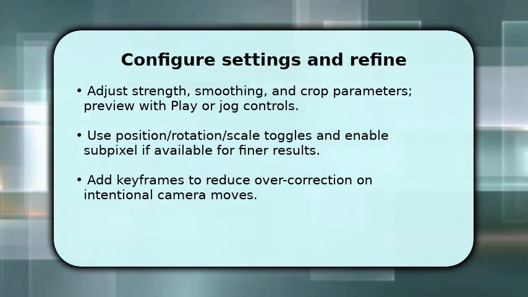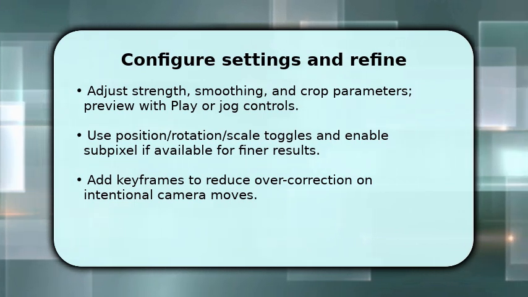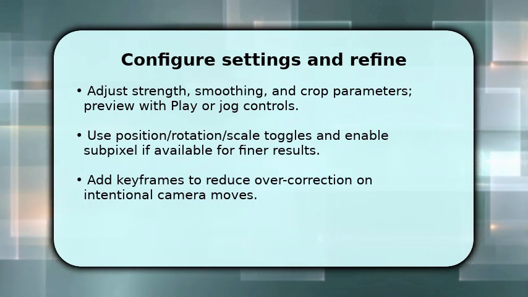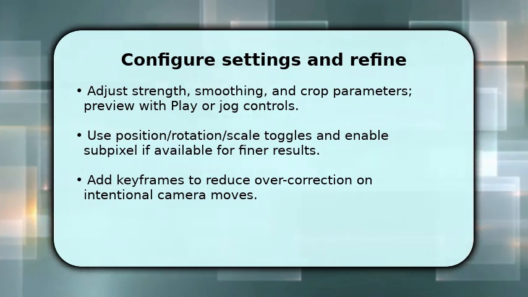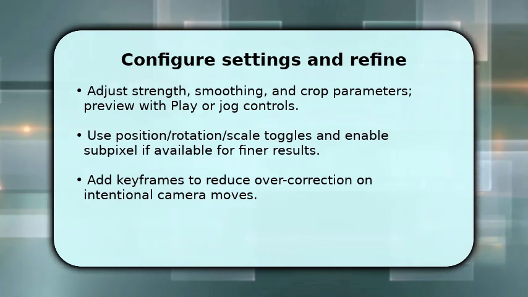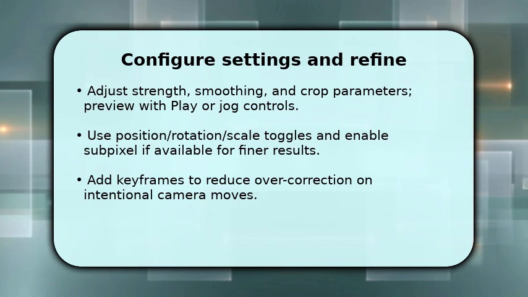If your shot includes pans, enable or add keyframes so you don't erase intentional motion. This keeps natural movement intact. Make sure to toggle subpixel or rotation corrections when small jitters remain, and preview at 100% to spot any warping